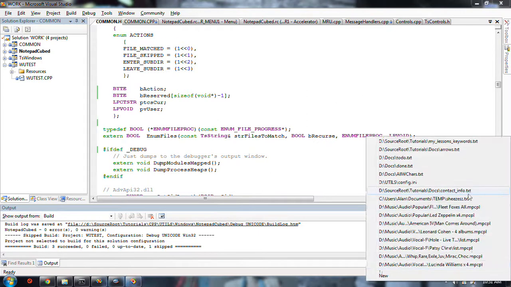Remember that change I made here, to the contracting of the file names? That allows me to have contracted file names in this list.